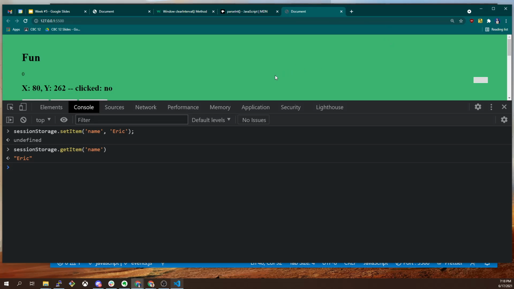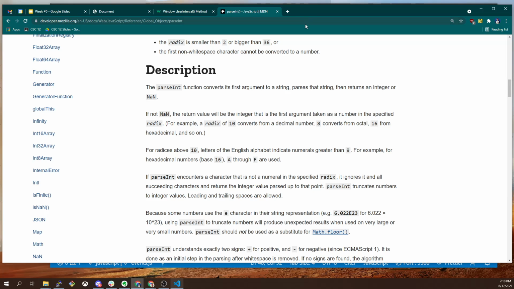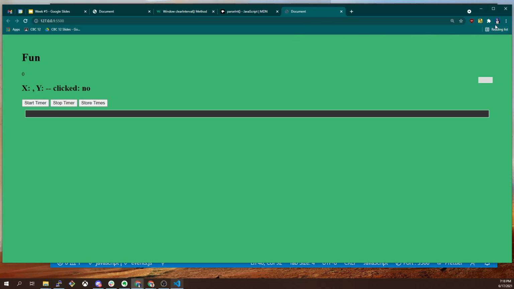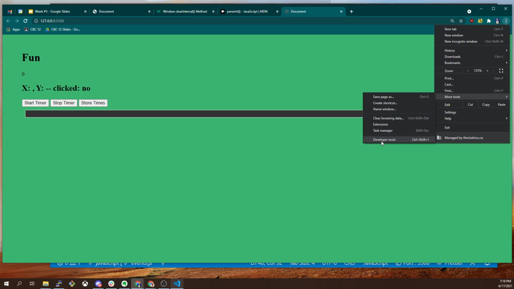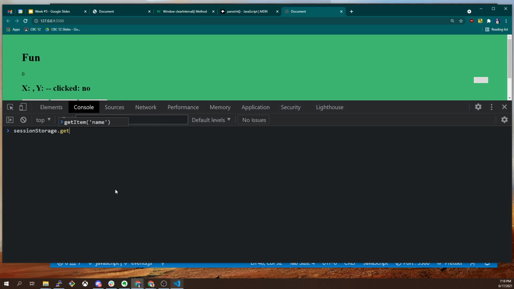The cool thing about session storage is that I can close this page, reopen it, and if I pull back this console here, I can do sessionStorage.getItem('name'), and it's going to say Eric. Okay. So we can very quickly and easily store information that we want to use long term into session storage, and it will be there for us,